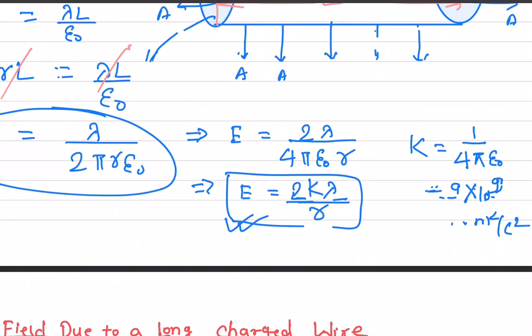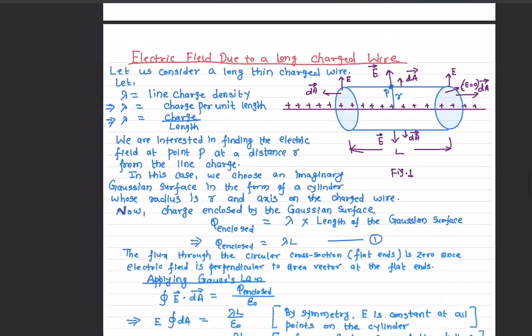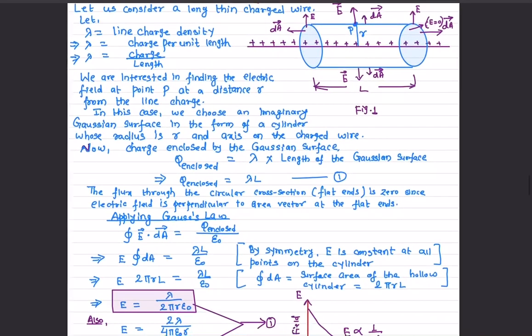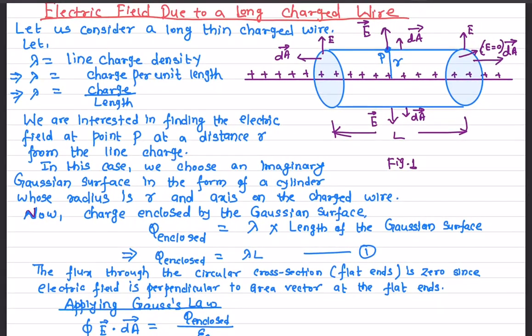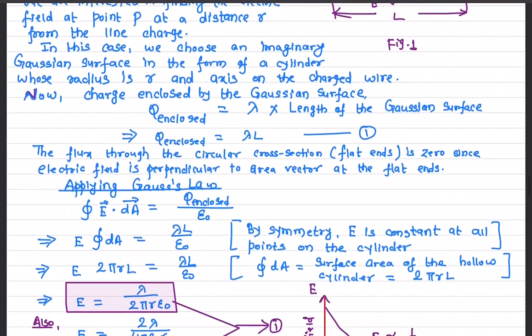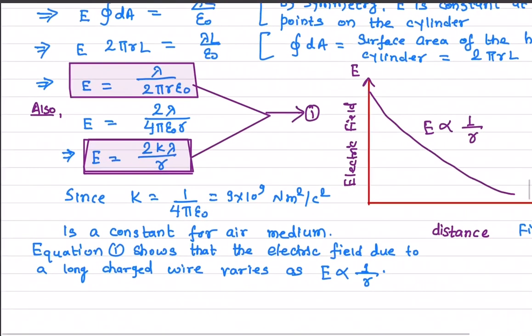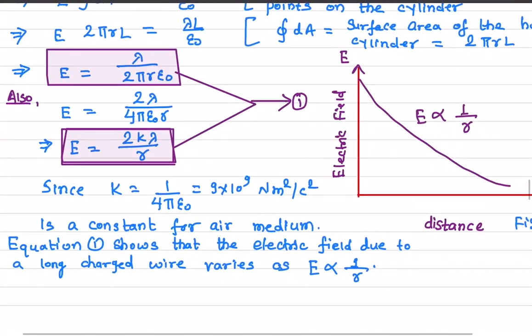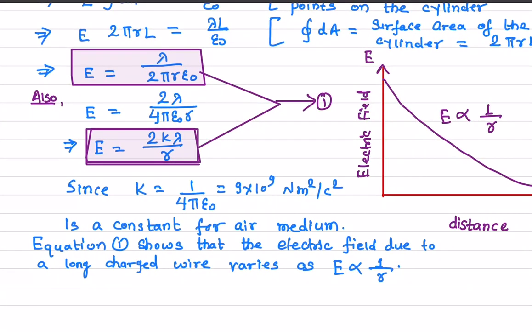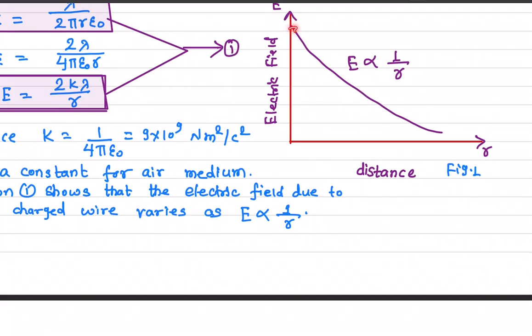So this is the formula for calculating the electric field due to a long line charge. I have included all the details here, and that's the final formula for calculating the electric field due to a long line charge density. The important point about this is, if you have a long line charge density, then the electric field varies as 1 over r. If you have a point charge, then the field varies as 1 over r squared, and that's how the variation of the electric field is due to a